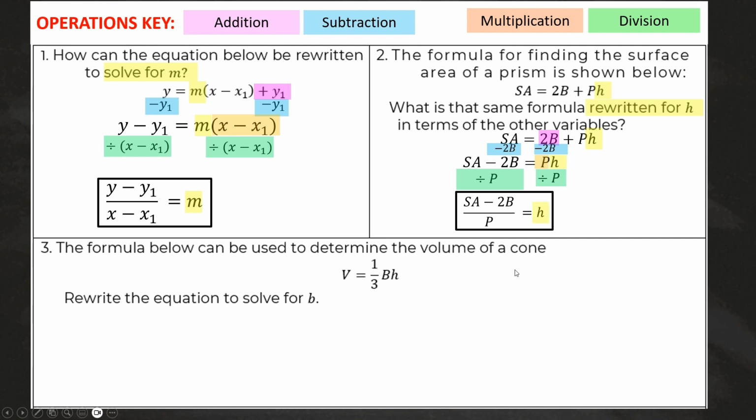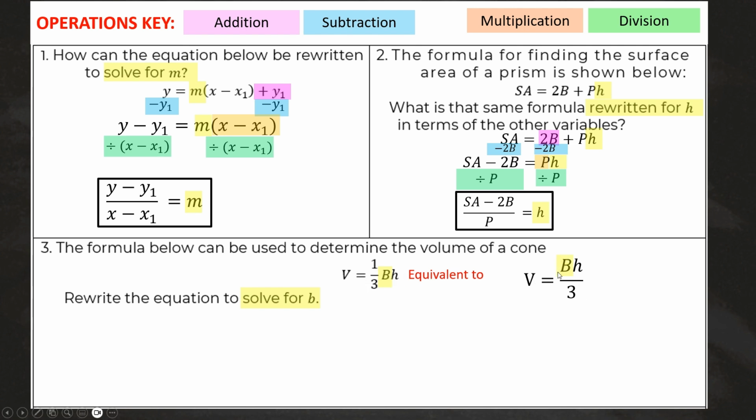Our last one for this benchmark is going to be, we're given the formula for the volume of a cone. Volume of a cone is equal to 1/3 base times height. We're going to rewrite the equation to solve for B. I just want to point out that 1/3 is being multiplied times the B and the H, but this can also be written in another way. This could be written as BH being divided by 3,